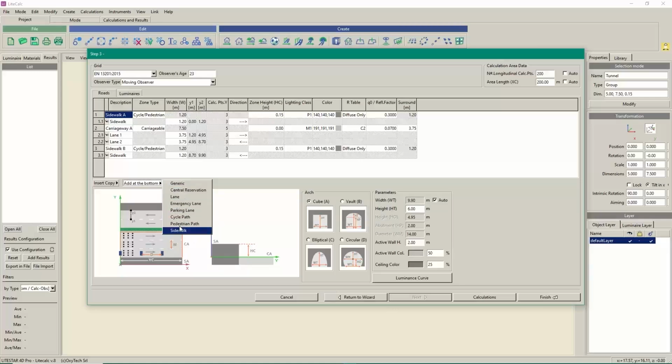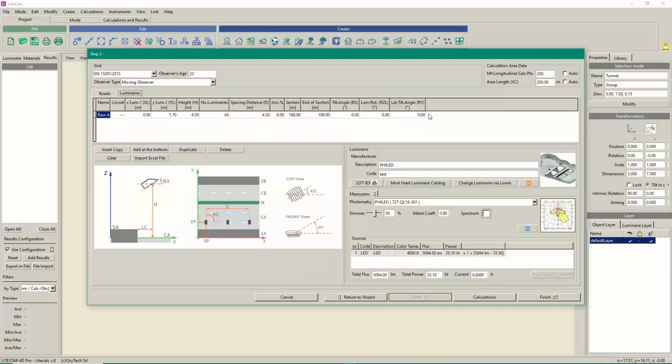So we have a quite high range of options to define, so that you can complete your tunnel through the advanced module. Then it is also possible to manage the luminaires over here, but we come to this point later on,